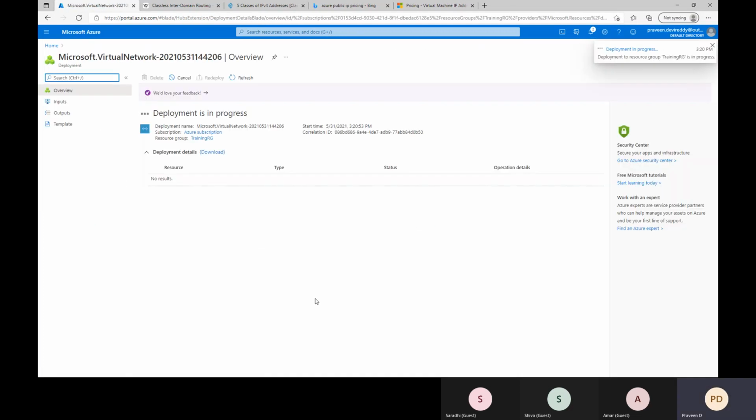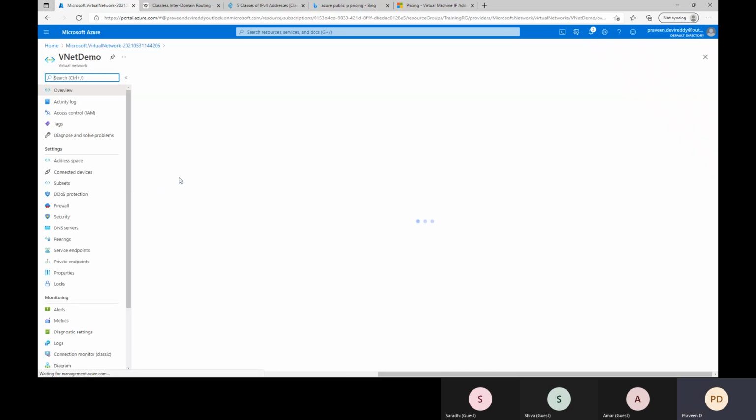It will take hardly 1-2 minutes to create the virtual network. So the virtual network got created. I will click go to resource.